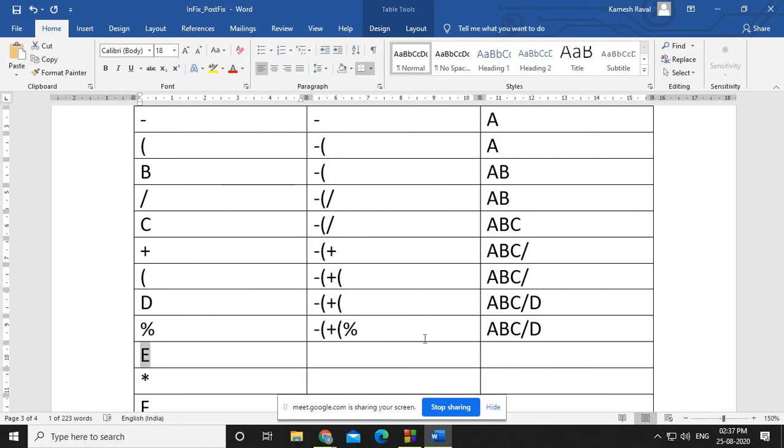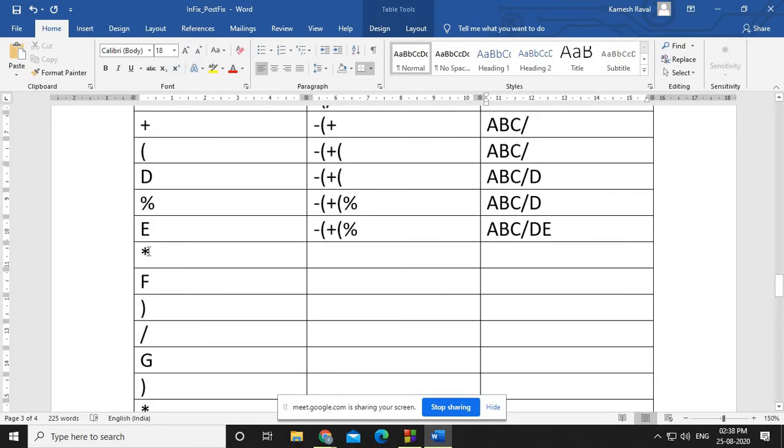Okay, then what you have is E. E is an operand, so there is no change in the stack. Okay, but here ABC slash D and now E, right? Then a multiplication. Whenever multiplication is there, it is an operator, so that has to be inserted into the stack. Now what is on the top of the stack? A division sign, sorry, this modulo sign. Modulo sign has a lesser priority than multiplication, right? So here what happened, this